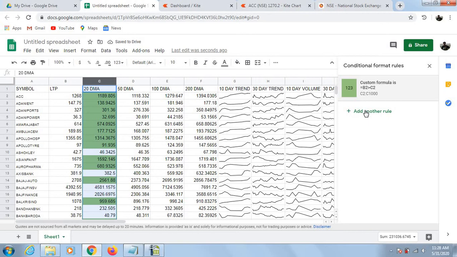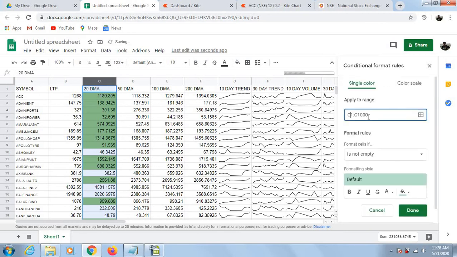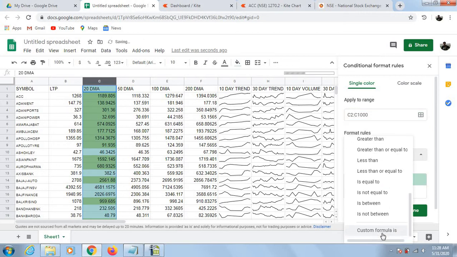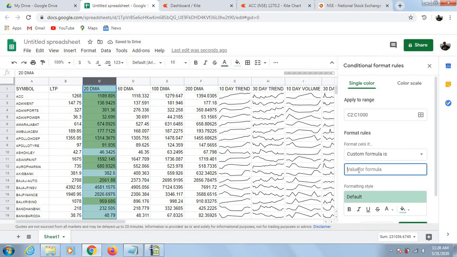Click done. Add another rule. Apply to range C2 to C1000. Format the cells. Custom formula is equal to C2 greater than B2.